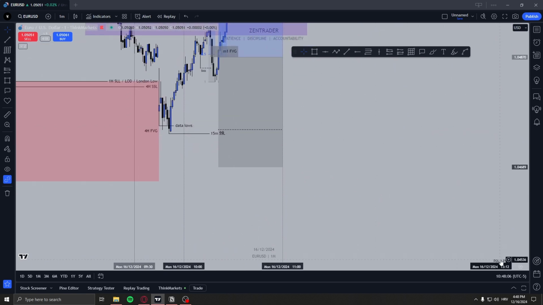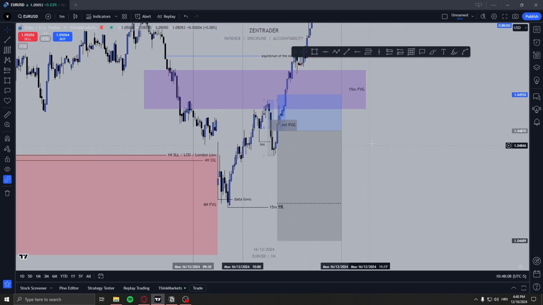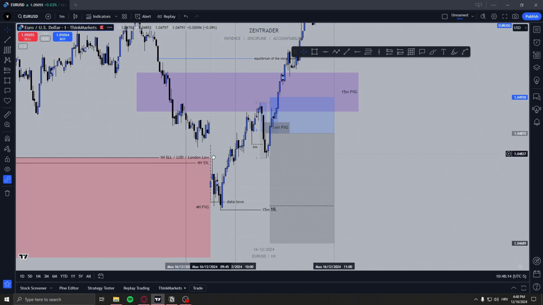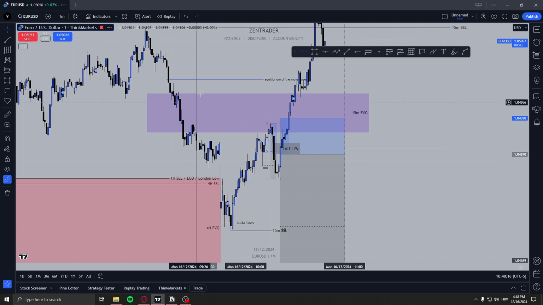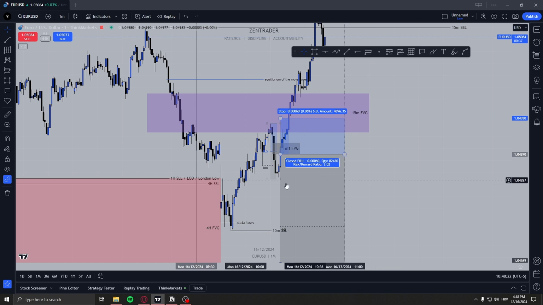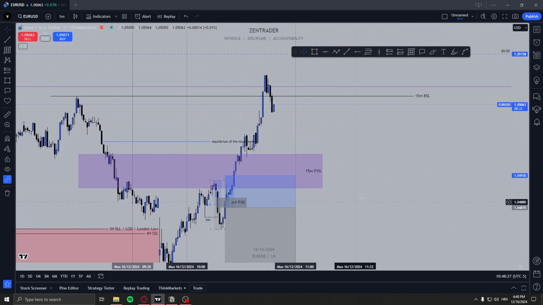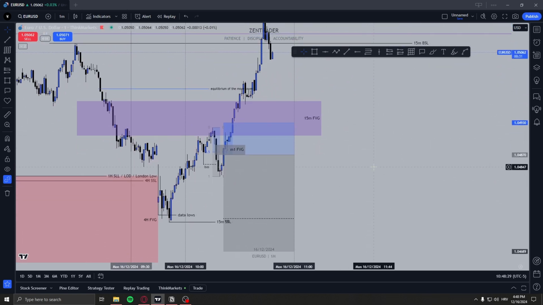We had the previous day's low and the previous weekly low, but that doesn't have to get reached today. We took out already some lows, which is why it was also not good. So maybe if we created a 15-minute fair value gap right here and then reached into it and then went lower without the sweep of liquidity, that would work because we had a good draw on liquidity. But in this case, it did not work out and I lost 0.5% on this trade, which is completely fine.